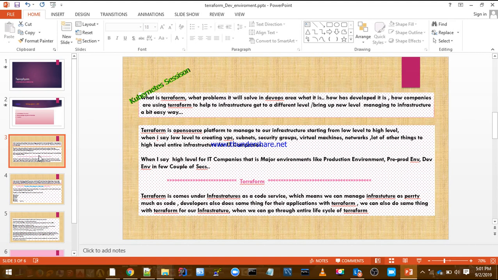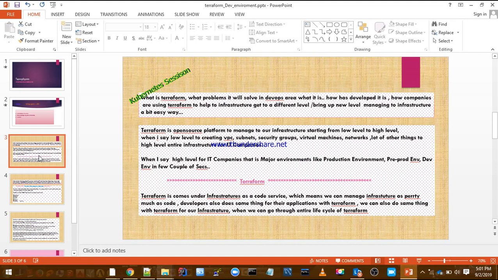A lot of companies have preferred Terraform to enhance their architectures, I mean their infrastructure, from low level to high level. Managing from low level to high level requires some tool, so companies are looking for Terraform.